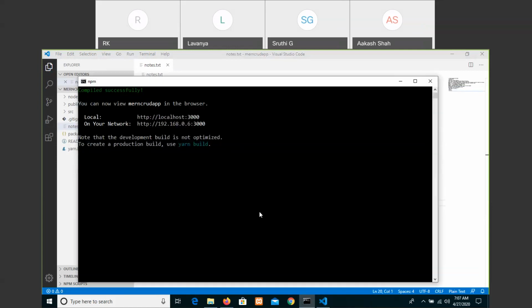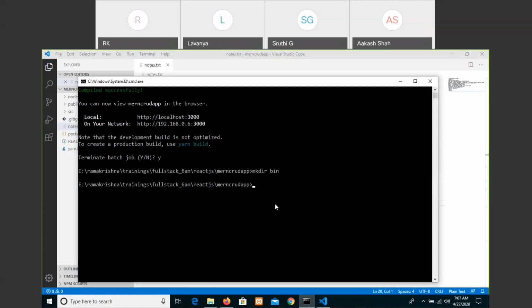So let us do one thing. In the root folder itself, mkdir bin and cd bin, touch www.